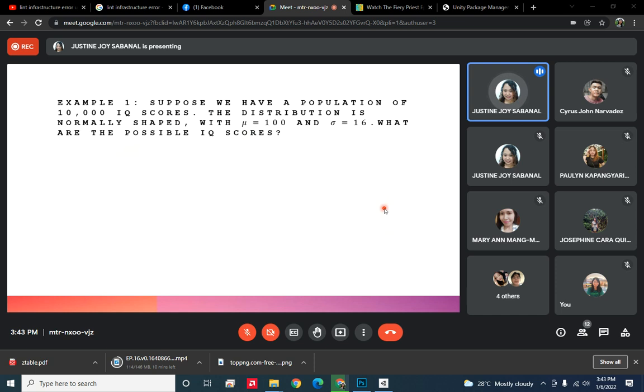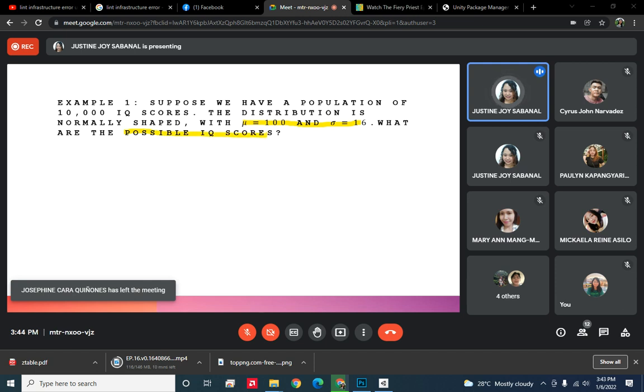Okay. So, try to answer this. So, suppose we have a population of 10,000 IQ scores. So, the distribution is normally shaped with a mean of 100 and a standard deviation of 16. So, what are the possible IQ scores? So, ito yung binabanggit kanina, na pagdating sa normal distribution, ang importanteng characteristic na dapat laging given ay yung mean at ang standard deviation. So, kasi, basta given to, yung mga possible values of x po, kaya nating